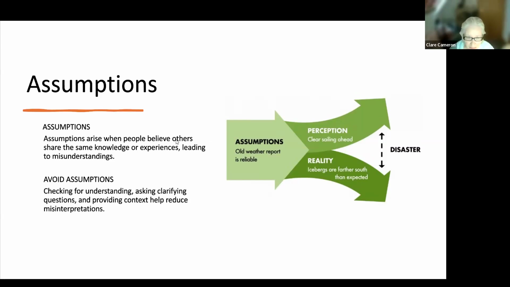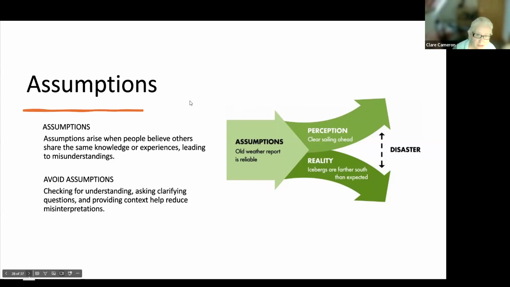So assumptions arise when people believe others share the same knowledge or experiences, leading to misunderstanding. And especially with different cultures, we can't make assumptions. So you have to avoid assumptions. You have to check for understanding and ask clarifying questions and provide context. That all helps reduce misinterpretations. So it's really important that we